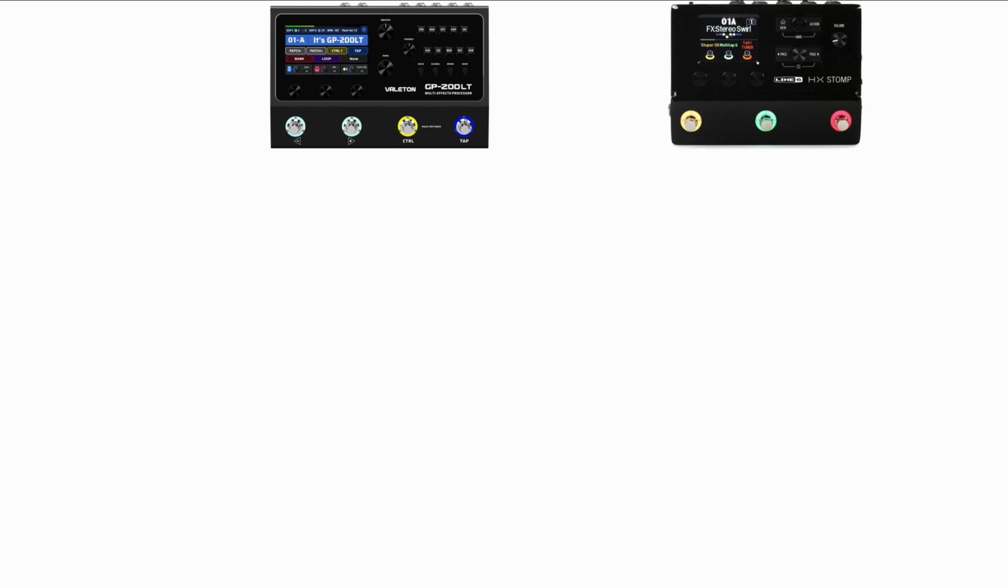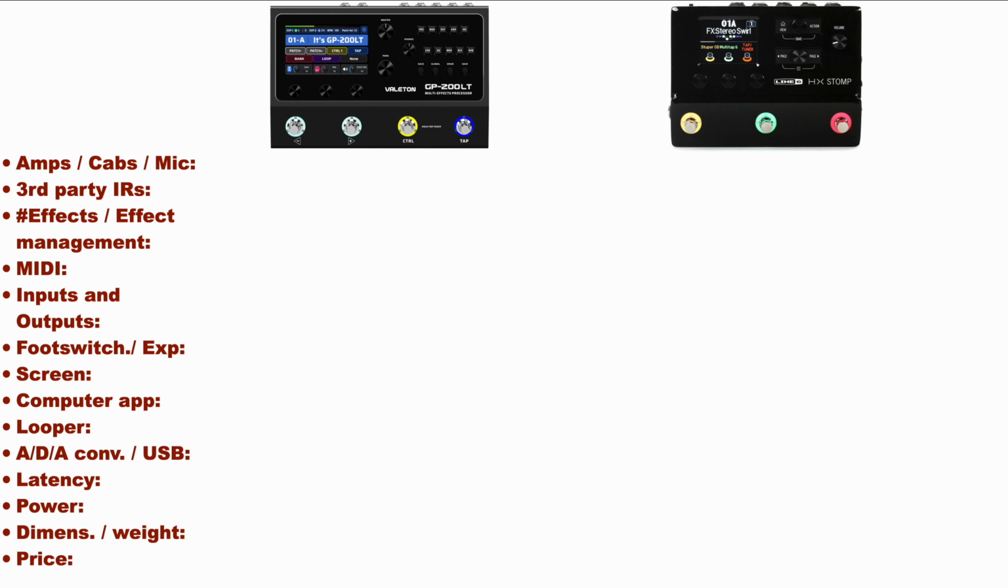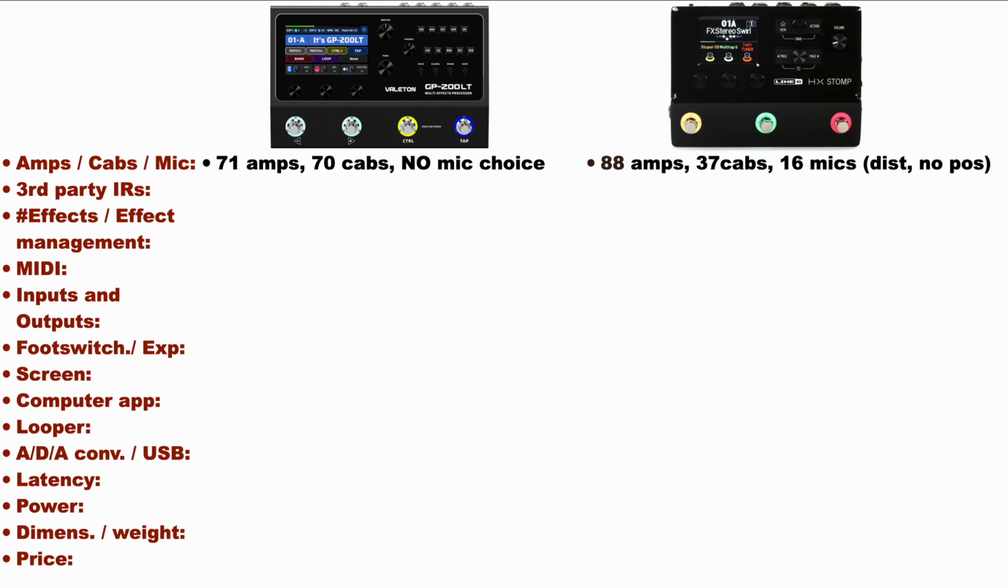We will now compare the two units among the following parameters: number of amps, cabs and microphones built-in, third-party IRs, number of effects and effect chain management in general, media availability, input and output types, foot switches and expression pedals, screen size and type, computer app availability, looper and drum machine, ADA conversion and USB channels, latency, current, power, dimensions, weight and price. First of all, in the Valeton GP200 LT we have 71 amps, 70 cabs and no mic